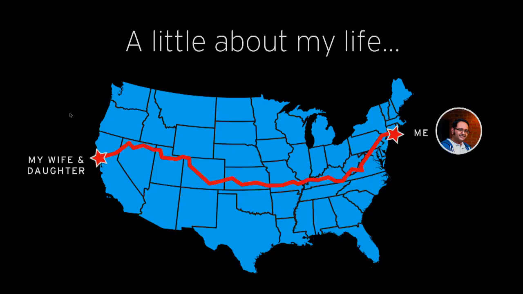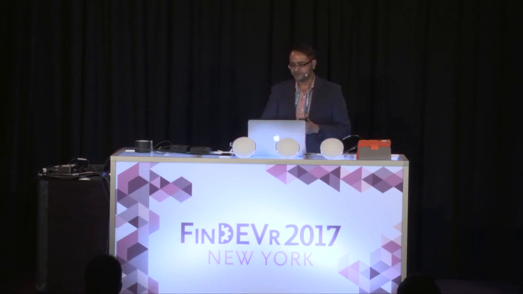Before we go any further, a little bit about my life. I started at Citi back in June of last year. Right now, I'm living in a small studio apartment in Midtown Manhattan on the east side, and it's quite an expensive place. I still have a home. I used to live for many years in Silicon Valley, and I know a lot of you are from there. We have a home in San Carlos in California.